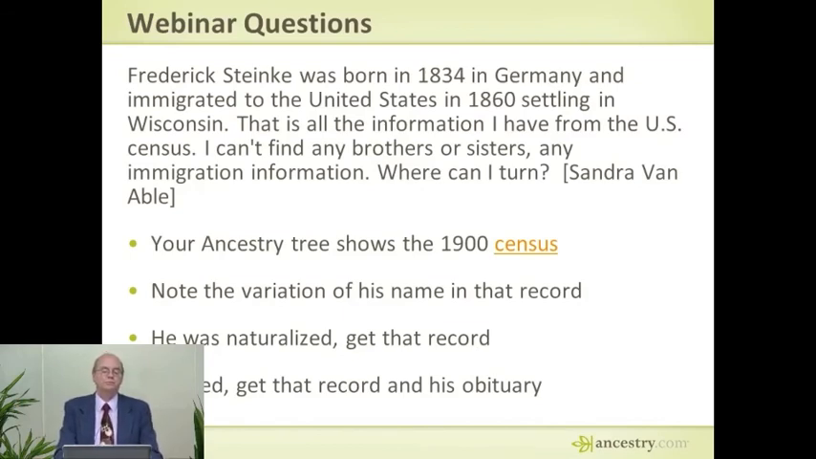Briefly, Frederick Steinke was born in 1834 in Germany, came to the United States in 1860, settled in Wisconsin. That's all he has. Can't find brothers, can't find sisters, or any immigration information. Where can I turn? Well, I took a challenge here, Sandra, and I looked at your family tree at Ancestry,